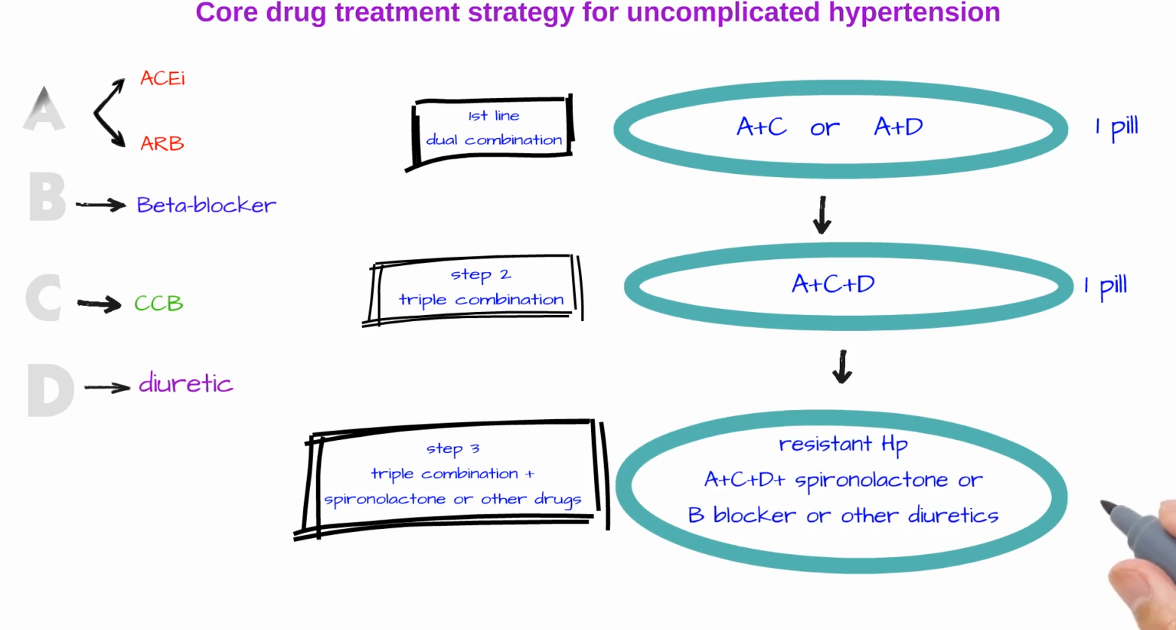That's it. So guys, this is the right treatment strategy for uncomplicated hypertension. For complicated situations like hypertension and coronary artery disease or hypertension and chronic kidney disease, I will explain a strategy